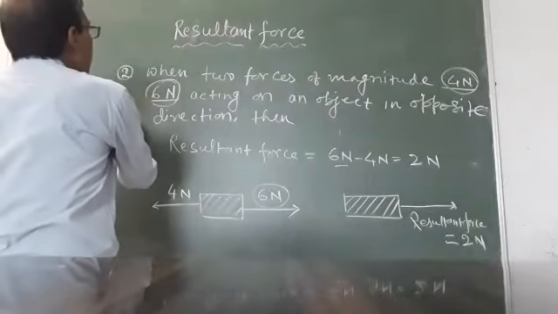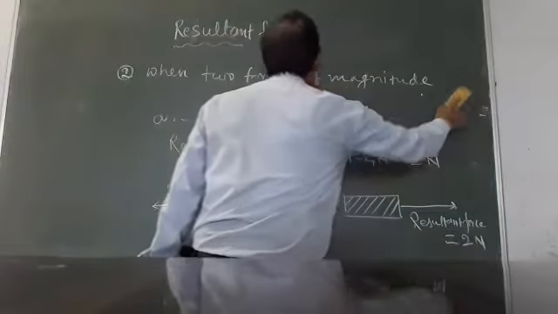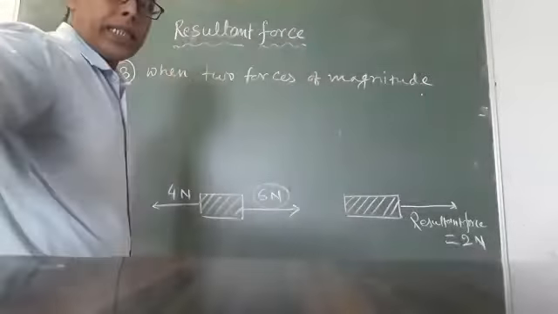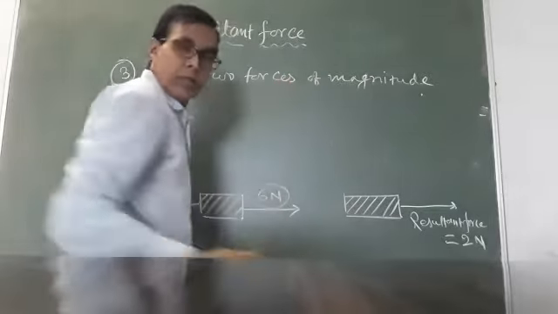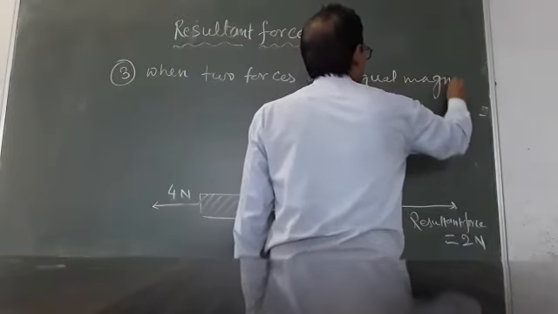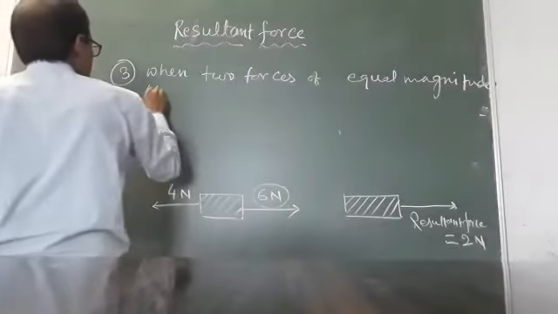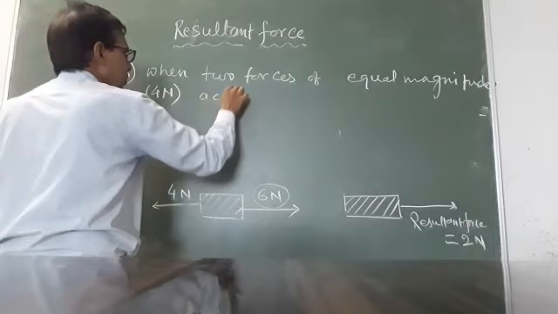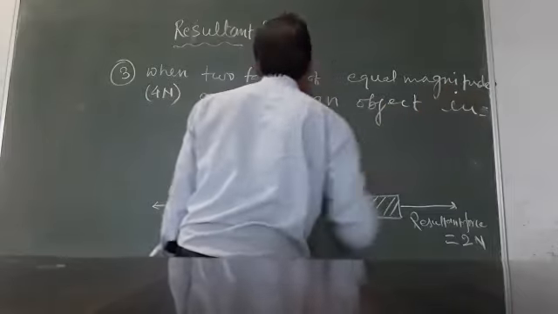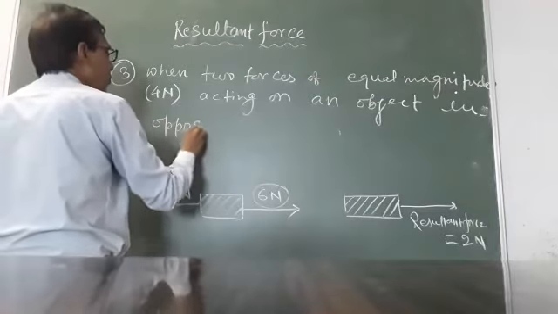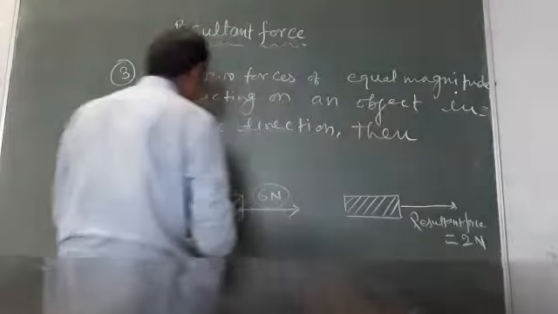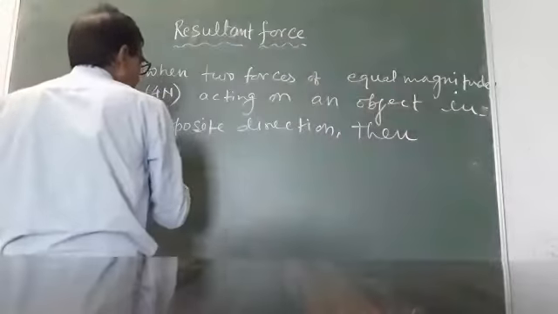Now the third case. Third case is when two forces of equal magnitude, suppose 4 Newton, acting on an object in opposite direction, then resultant force